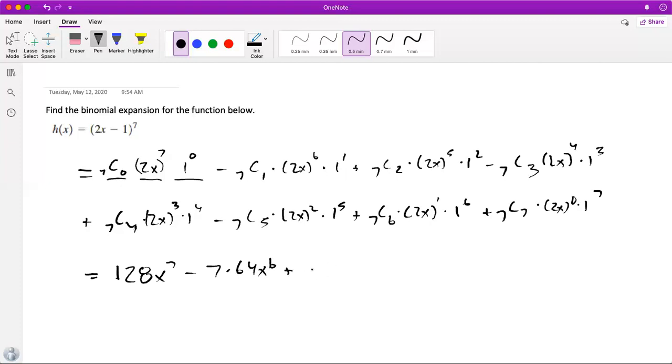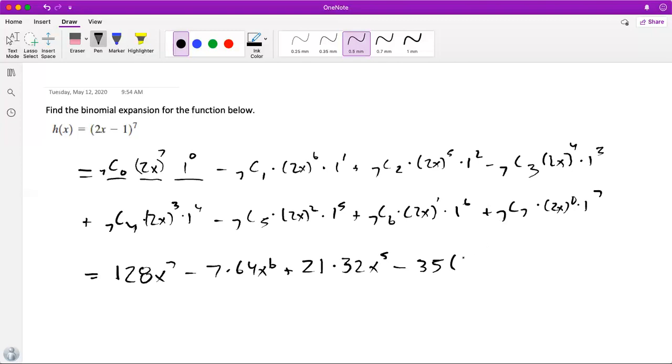Plus, now 7 choose 2, that one I don't know off the top of my head. But I can do it in my calculator. And 7 choose 2 is 21. So this was plus 21 times 2 to the 5th, which is 32, x to the 5th, minus 7 choose 3, which is 35,